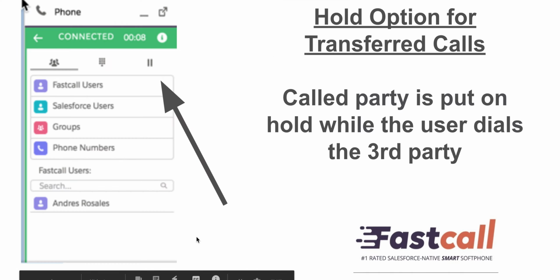This is a new option for transferred calls. When a call is transferred on a three-way call, all three parties are on the call together, and we call that a warm transfer because you're all speaking together. This option here, which is shown up there with an icon that's supposed to be a pause button, will put the inbound call, or it could have been an outbound call, the second party on